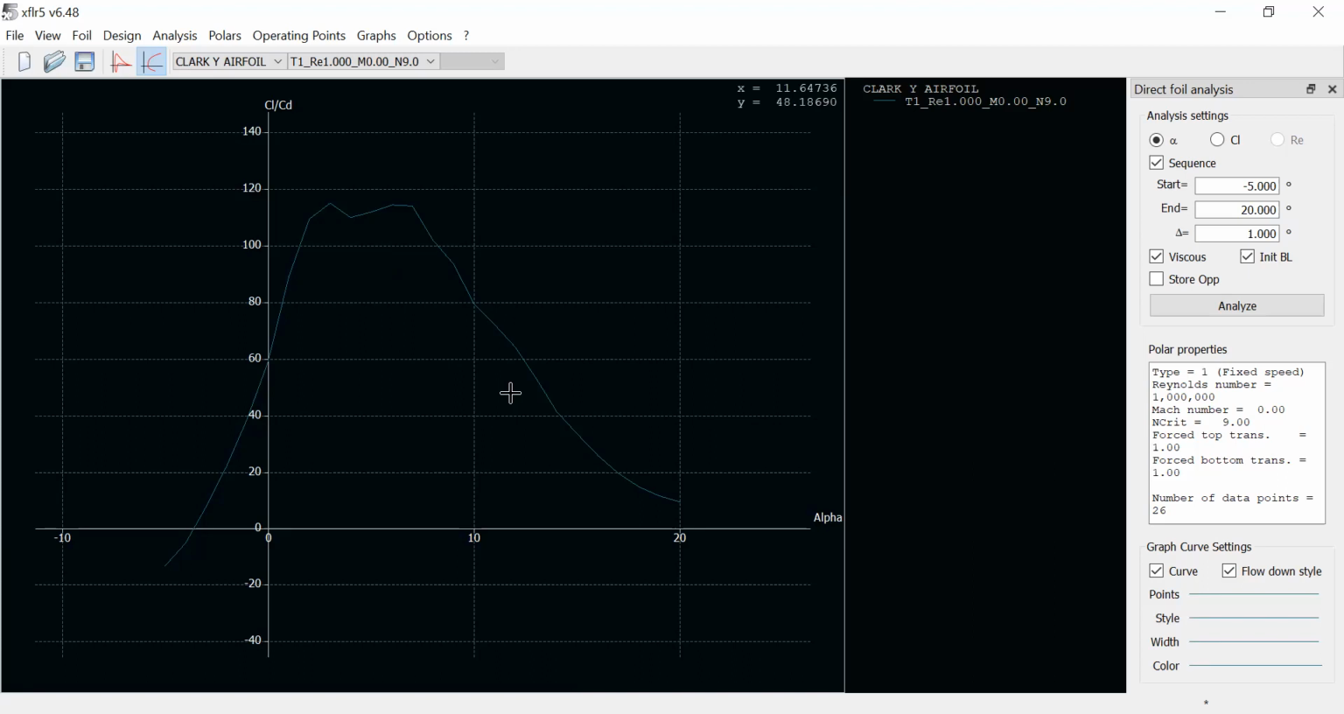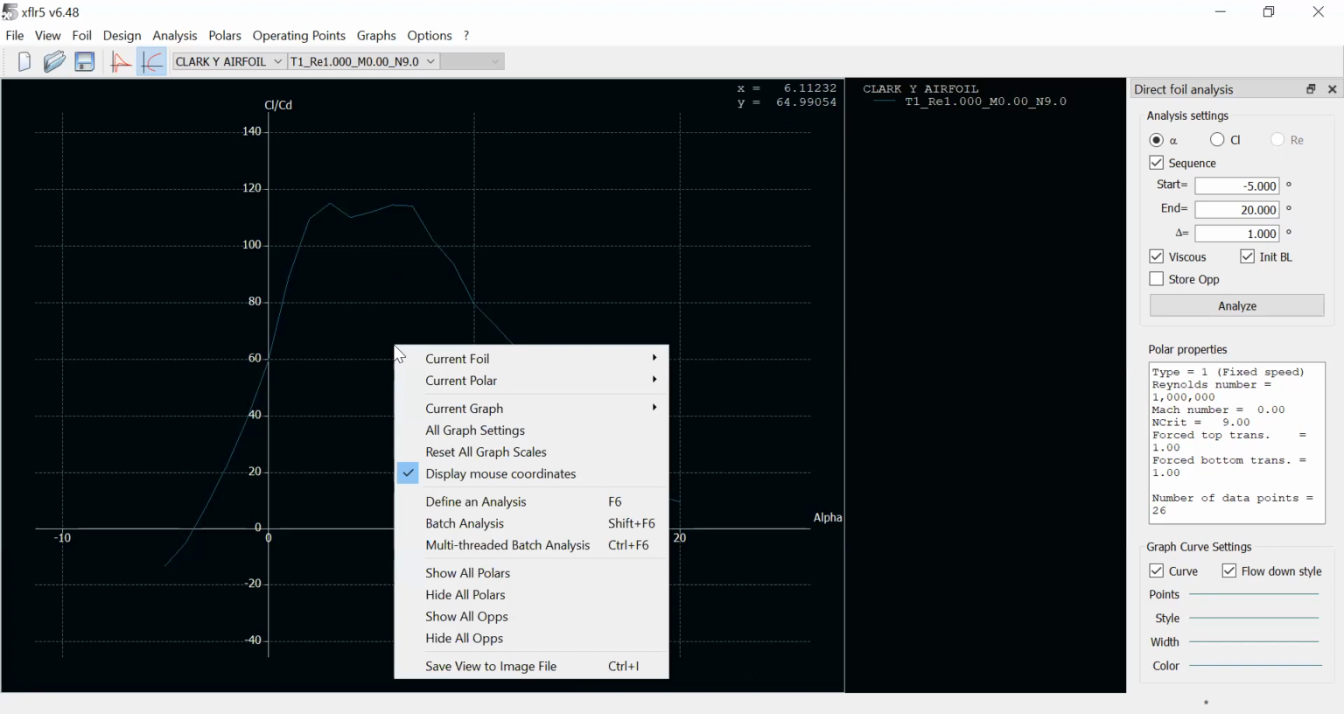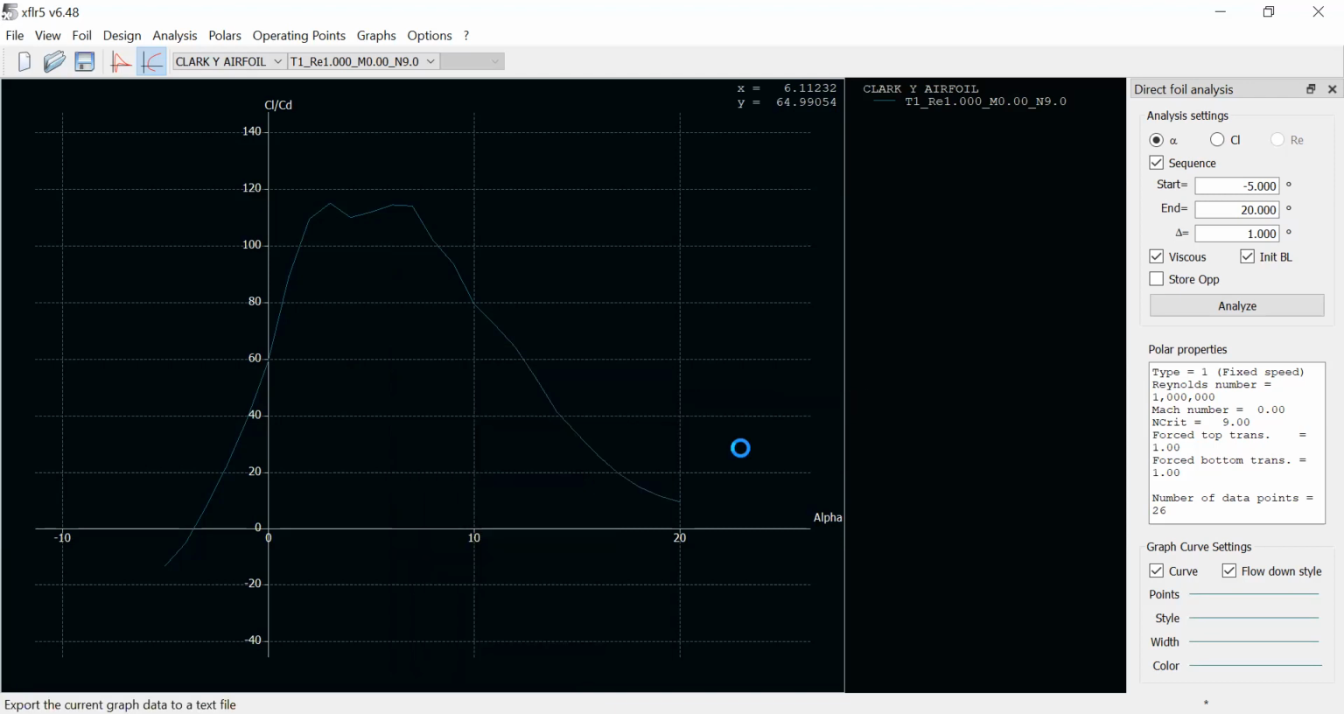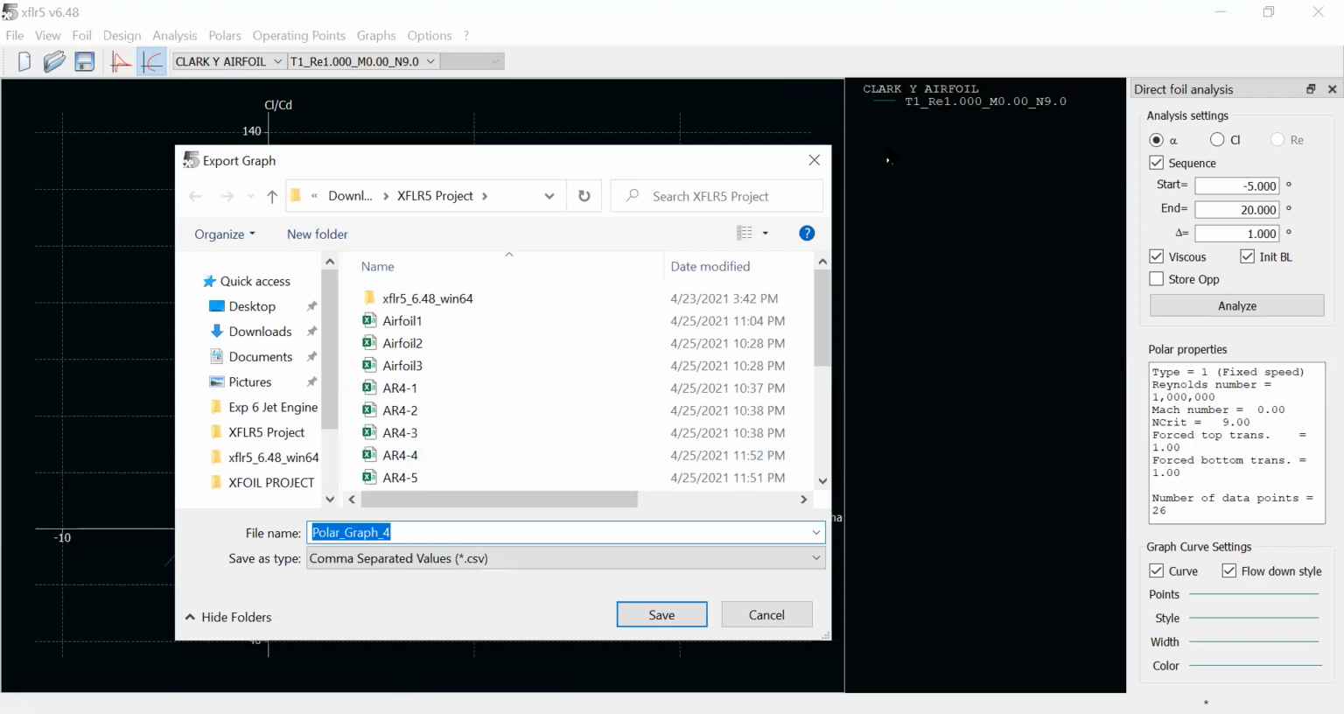So if we need to export these, because basically what we want to do is plot the airfoil and we also want to plot the 3 different wings that we're going to experiment with. To get that data, we can actually get it in an Excel file by exporting this. So if we right click here and go to current graph, hover over that and then go to export graph. If I click that, and I don't think you can see this, maybe you can, there will be a pop-up